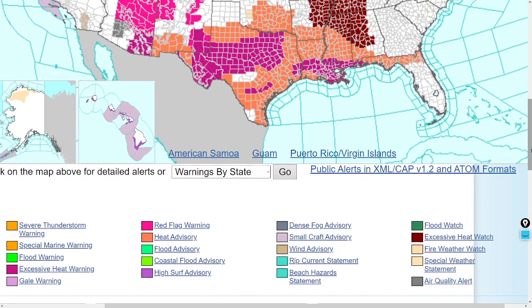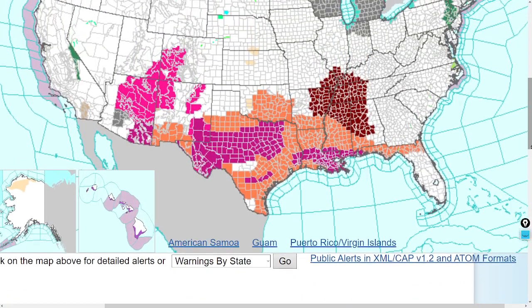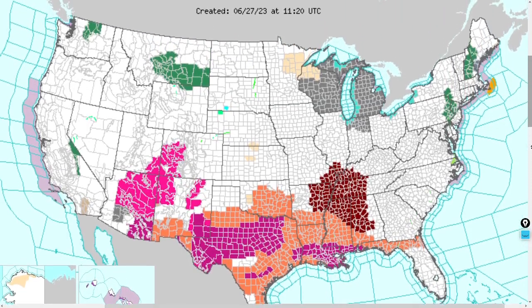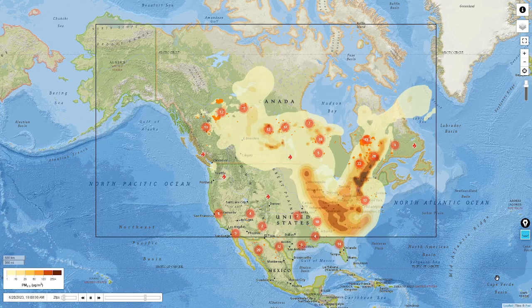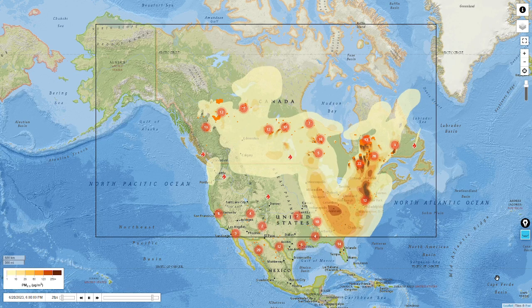There is the key, and those are lots and lots of heat alerts. Some good surf likely around Hawaii. If your location is lit, head to weather.gov, the National Weather Service homepage. Before we do any forecasts, here is the smoke map, and there's lots of smoke coming once again to the